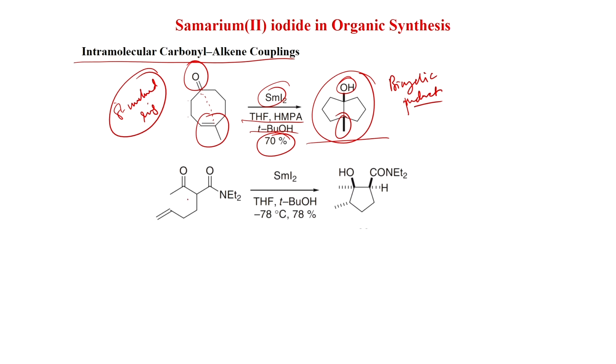Here, in this kind of substrate, we have seen that the carbonyl and amide are present. So, earlier we have seen that when there is an aldehyde, then the samarium iodide wants to coordinate with this, because this radical anion will form from the aldehyde and that will coordinate with the ketone.